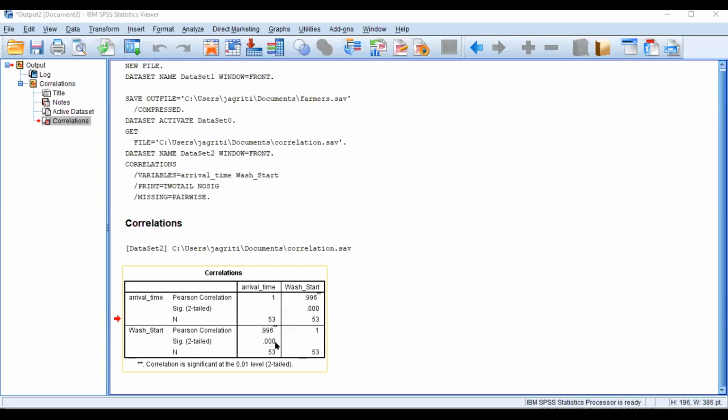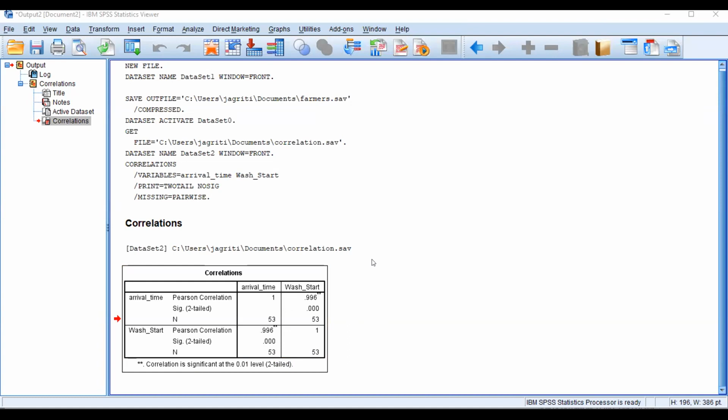Again sharing the output window of correlation, we can conclude with the help of this 0.00. In your report, how do you interpret this? You can say yes, there is a relationship, but in a statistical report you need to use statistical language, so you need to work with hypotheses. The null hypothesis will be that there is no relationship.